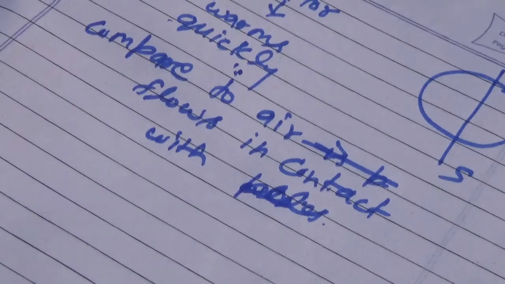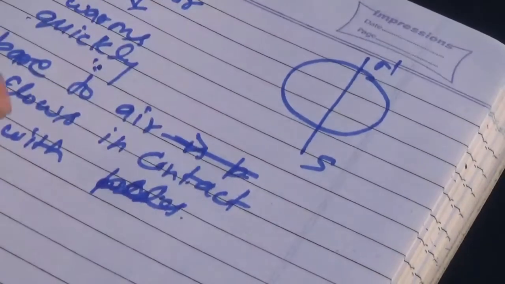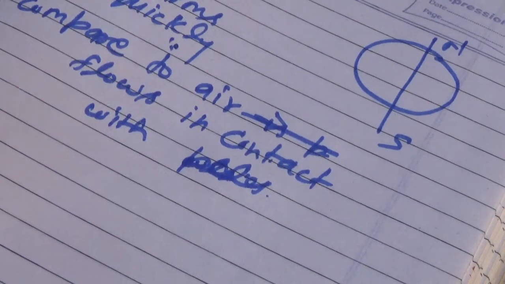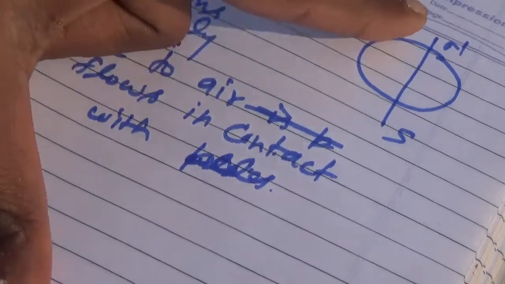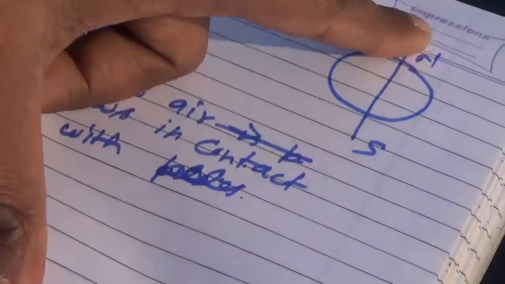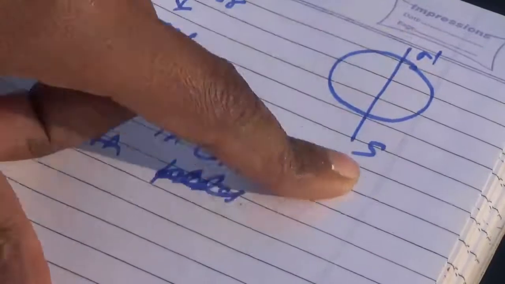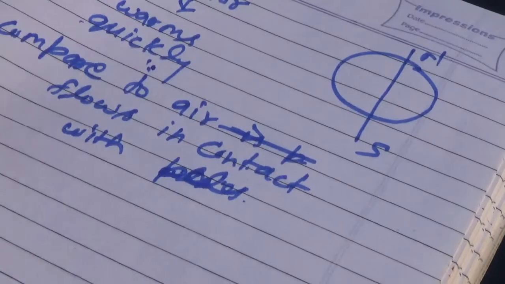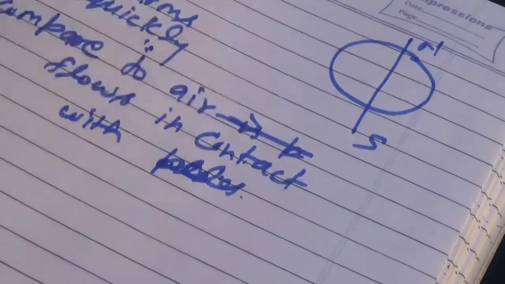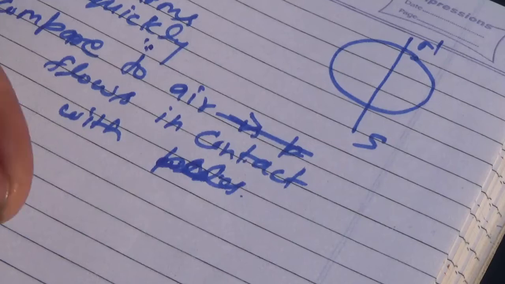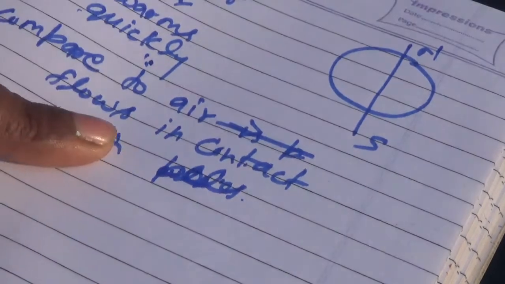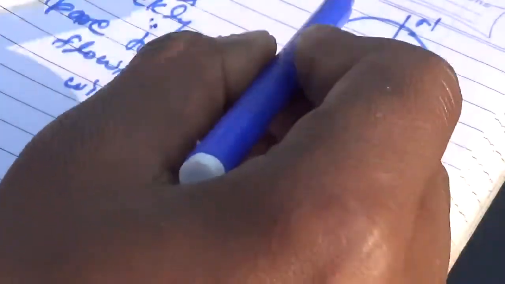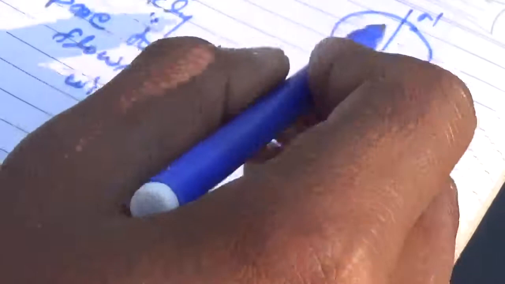Here in simple language we can say air which is flowing in contact with the equator warms quickly, and air which is flowing in contact with the poles is cold compared to the air which was at the equator. So dear students, the earth also has rotational motion, and